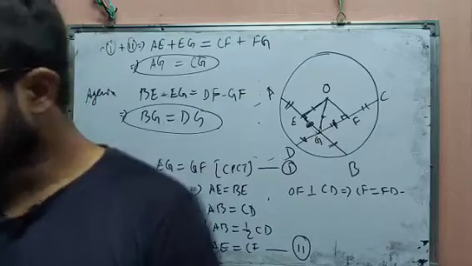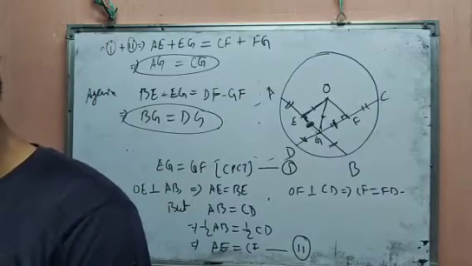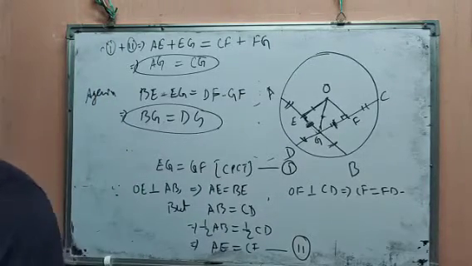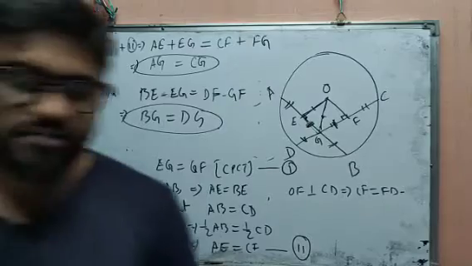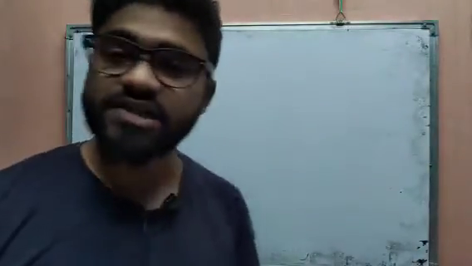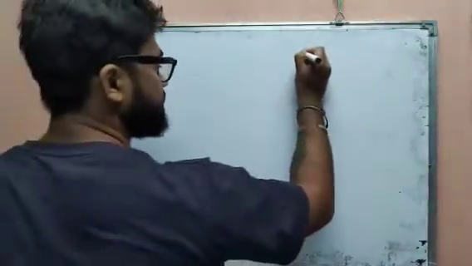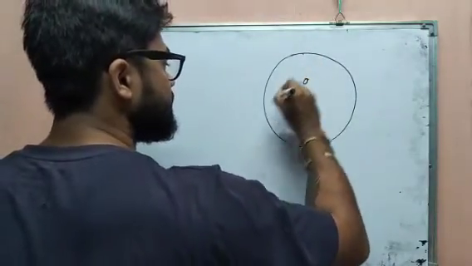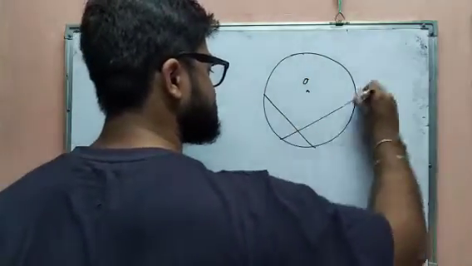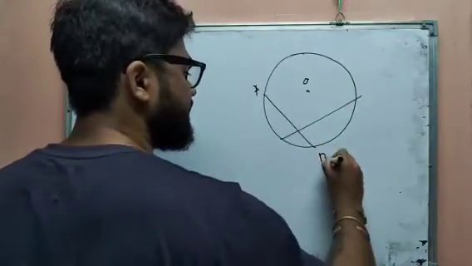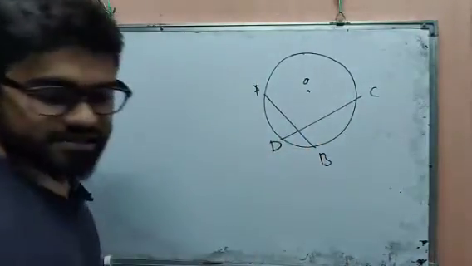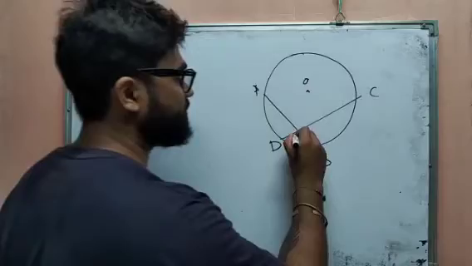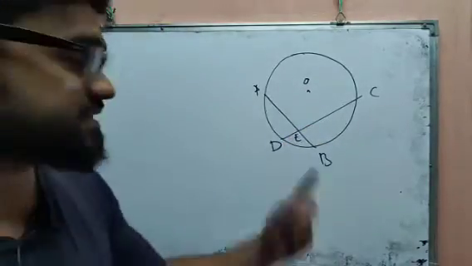Next we have another given, question number 3. What is given in question number 3? If two equal chords of a circle intersect within the circle, same diagram. We have to draw the circle first, give the center O, and draw two equal chords intersecting. This is AB and this is CD. Suppose they are intersecting at point E.